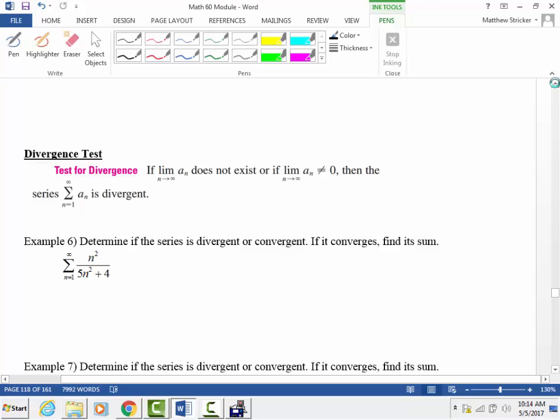We're almost done. Test for divergence. This test only tells if a series diverges. It says nothing about whether or not it converges. So if you suspect it might diverge, you could try this out, but it's not going to tell you if it converges. If the test fails, you have to try something else to see if it diverges or converges. So look what it says. If the limit of a sequence does not exist, or if the limit is not equal to 0,